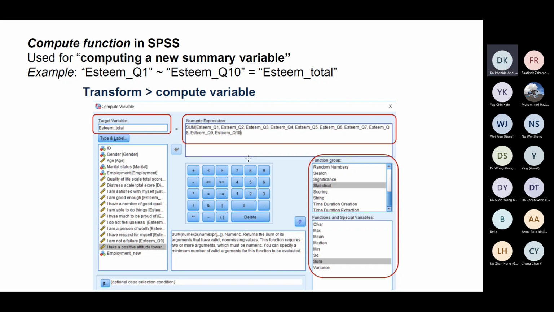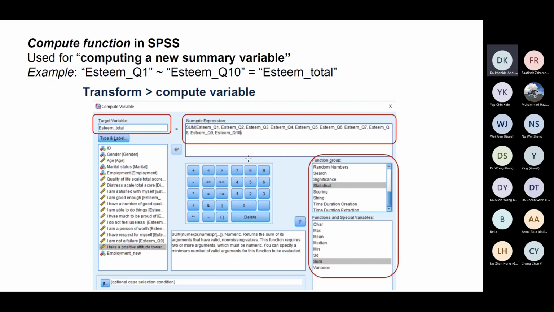So over here, we want to create one factor, which is esteem total. We need to key in the formula where we type SUM and then put a bracket. We move the variables one by one: esteem Q1, esteem Q2, until esteem Q10, and then close the bracket.